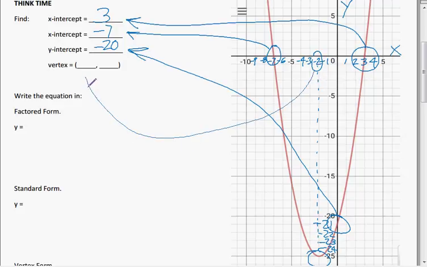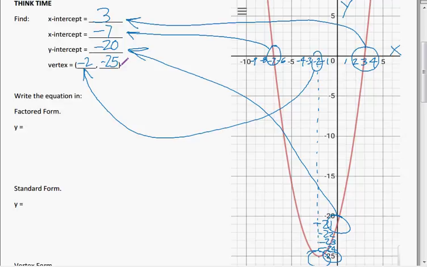So I put that here. I also need the y value, and I can see the y value is negative 25. So that is the critical points, the x-intercepts, the y-intercept, and the vertex for the graph on the front of